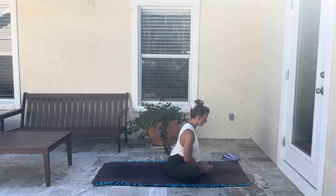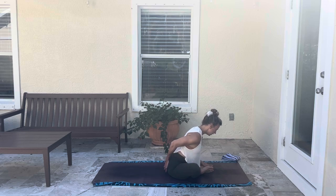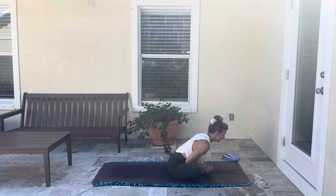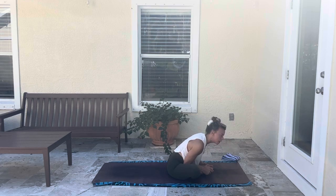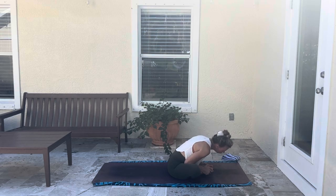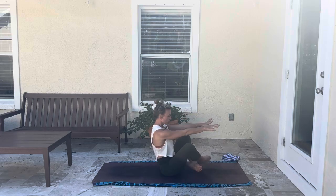I want you to think about lengthening through the lower back here. Finding length there first, and then lengthening into the middle back. Lengthening into the upper back, and then breathing into your hips for 5. Sometimes it's nice to pulse it out. 4. Sometimes if you move your head around, you'll notice your hips start to loosen up. 3, 2, 1. Inhale as you come all the way back to your seat, and then we're going to roll forward onto